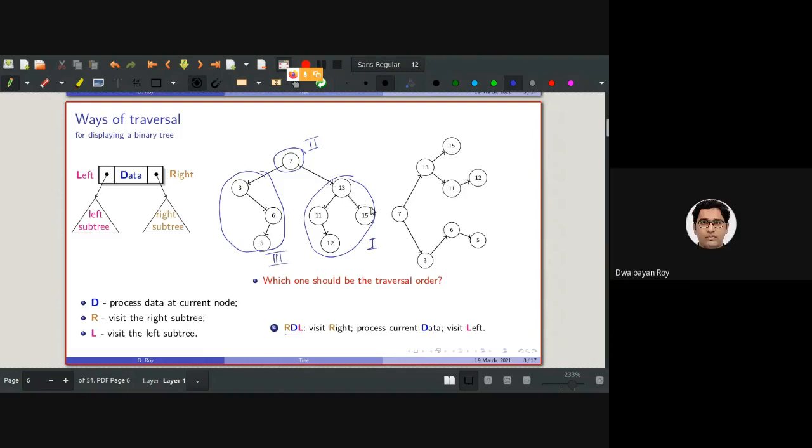Correct. The rightmost node should be printed first, because the screen, as I am continuously saying, this is our monitor, and the cursor which is blinking, if I type in some command, or the outputs are filled from left to right, from top to bottom.